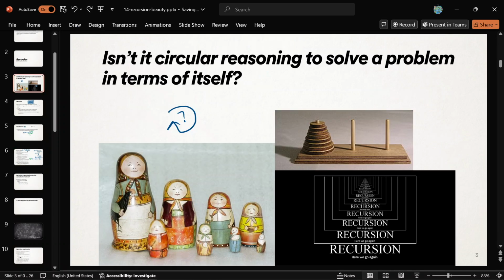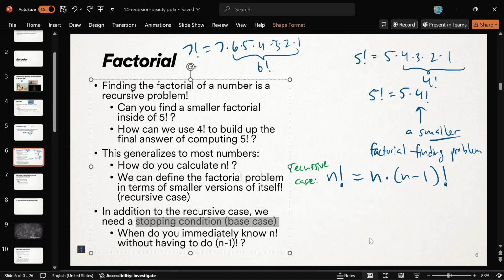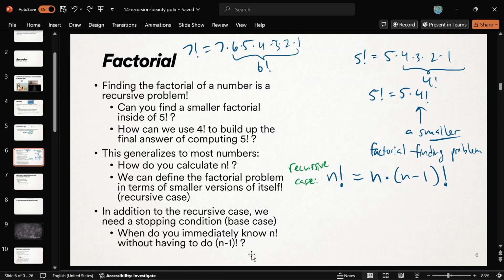Eventually, we would like to stop, right? And then we can build up the answer from there. But right now, it would go on for infinity. We want to stop eventually, and that stopping condition is called a base case. What you want to go looking for when you want to find a base case is, when do I have the answer at my fingertips? I don't have to do anything more. I don't have to do a smaller version of the problem. It's already there. Okay?